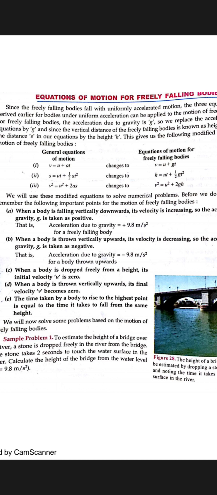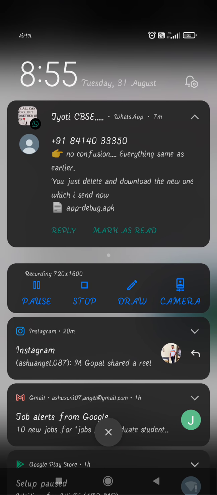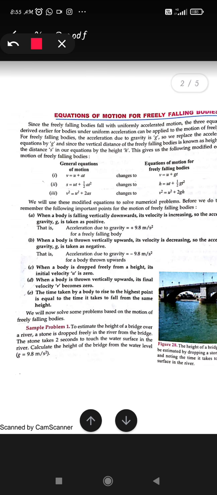So now let's start by using the values in the numerical problems. Shall we see the first numerical, which is given as: to estimate the height of a bridge over a river, a stone is dropped freely. What we have seen is that if we are standing on the height of a bridge, like you can see in the figure, and you just allow a ball to drop from the height,